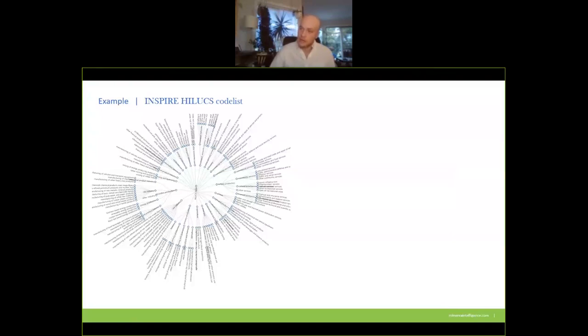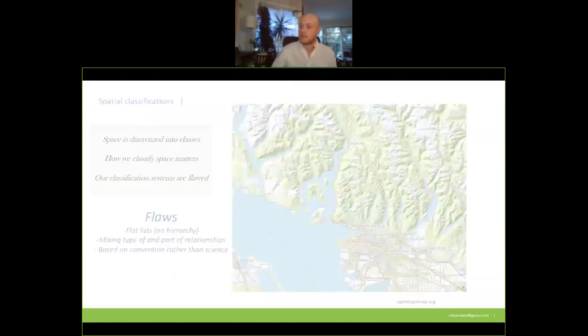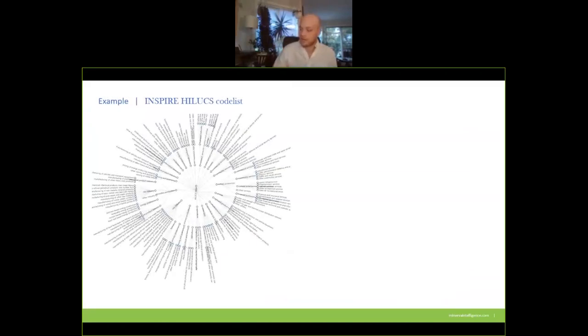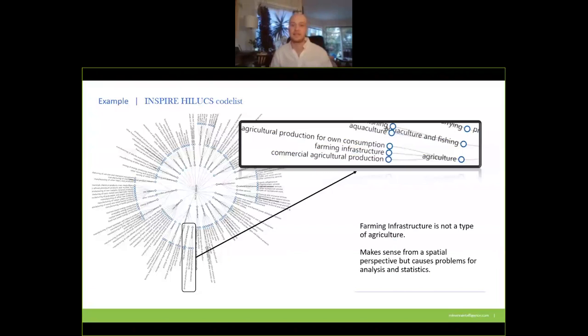But if we look at the agriculture area of the classification, what we see is that the children of agriculture are agriculture production for your own consumption and commercial agricultural production. And those both make sense. But if we look at farming infrastructure, that's not really a type of agriculture. That's more of something that you would find in an agricultural setting. And so that's probably why this is placed here,